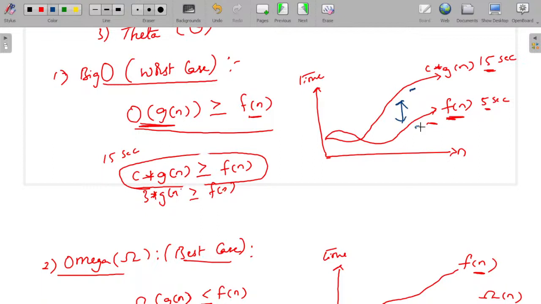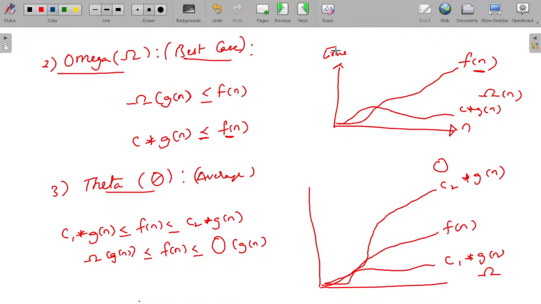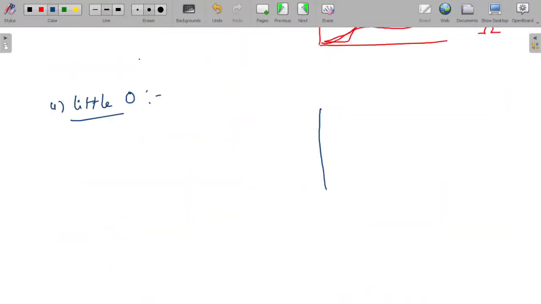So big O notation is used to represent a